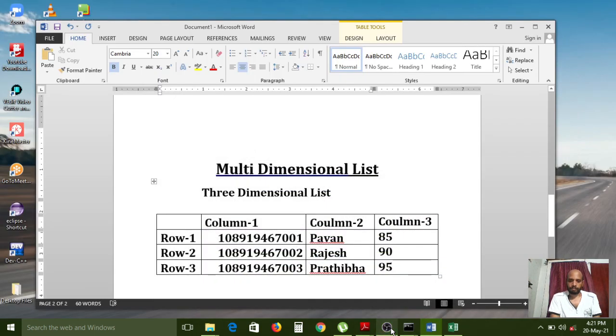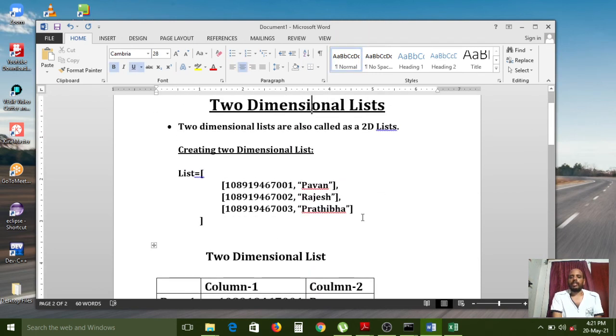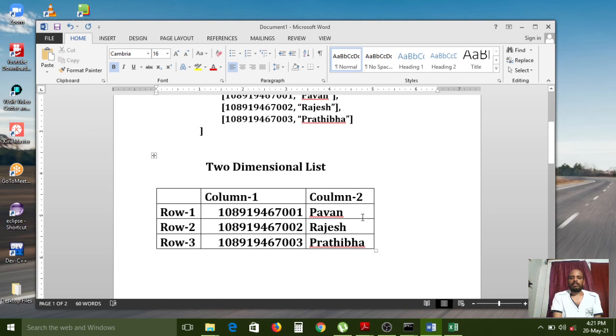Okay, 2-dimensional is also called a 2D list. Creating a 2-dimensional list is nothing but like this, columns and rows. The data can be stored like this. You don't count this column. For your understanding purpose, here I gave this column. But while storing the data, this one and this one are not shown anywhere. Only this data it can store